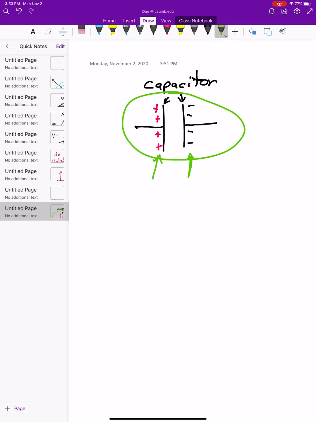And of course, it's really just two parallel plates. And what that means is, ideally, the electric fields just go like this. They go from the positive plate to the negative plate. And you do have a little bit of this kind of thing happening on the outsides. You get a little bit of electric field that isn't perfect because it's not an infinite set of parallel plates. But we're going to assume that they are essentially perfect or infinite parallel plates, and that the electric fields go directly from one to the other one,